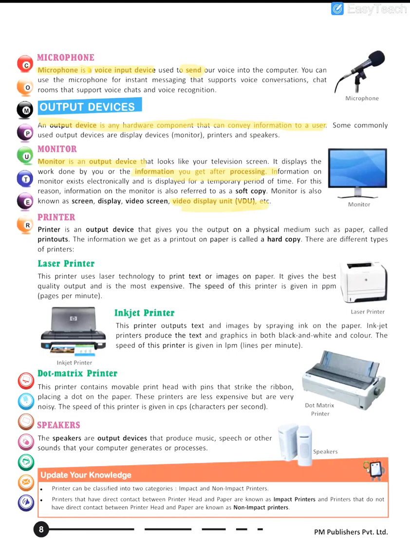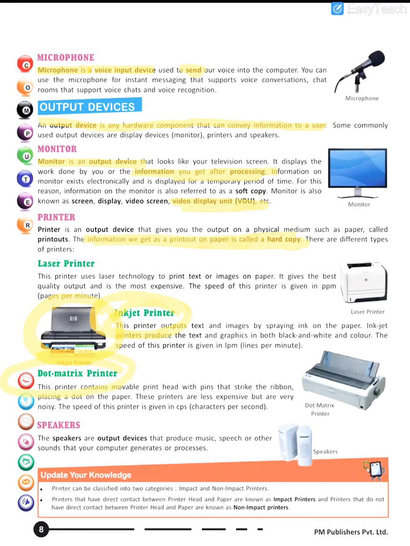Okay. Now a printer is an output device that gives basically the printout on paper, which we call a hard copy. So the information that we get on printed paper, what is that called? Hard copy, and the digital document is called soft copy. Now the printer uses the latest technology, like sometimes it can use laser technology, sometimes an inkjet or a bubble jet, or sometimes it can strike the paper.